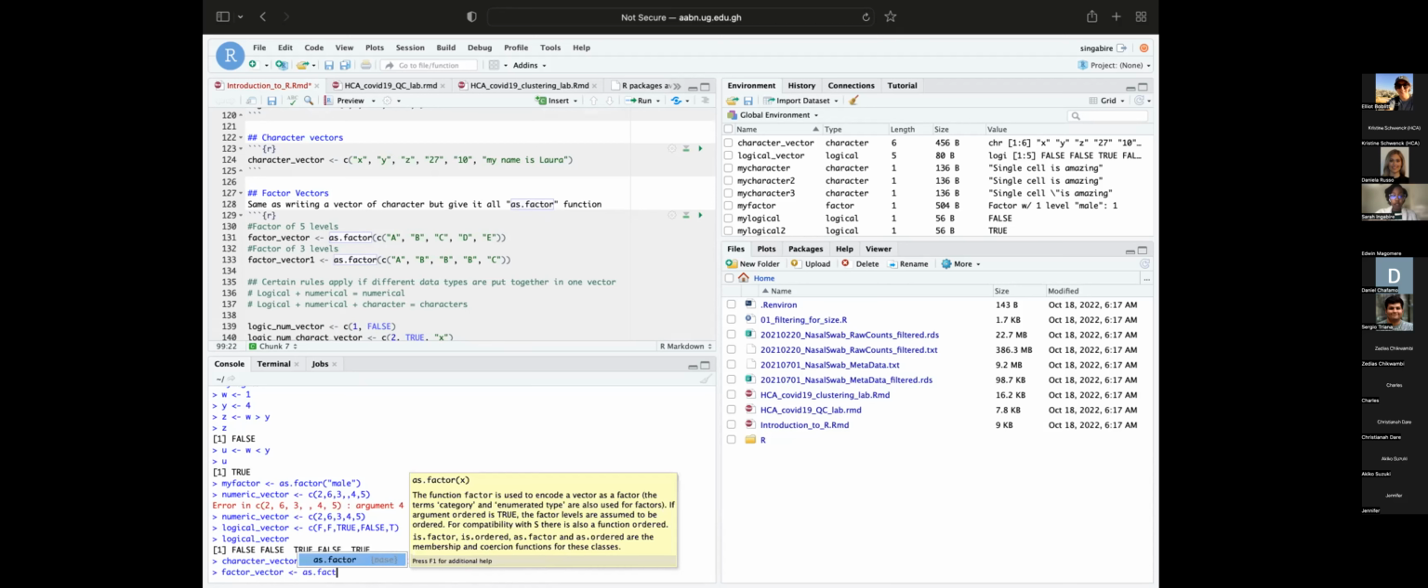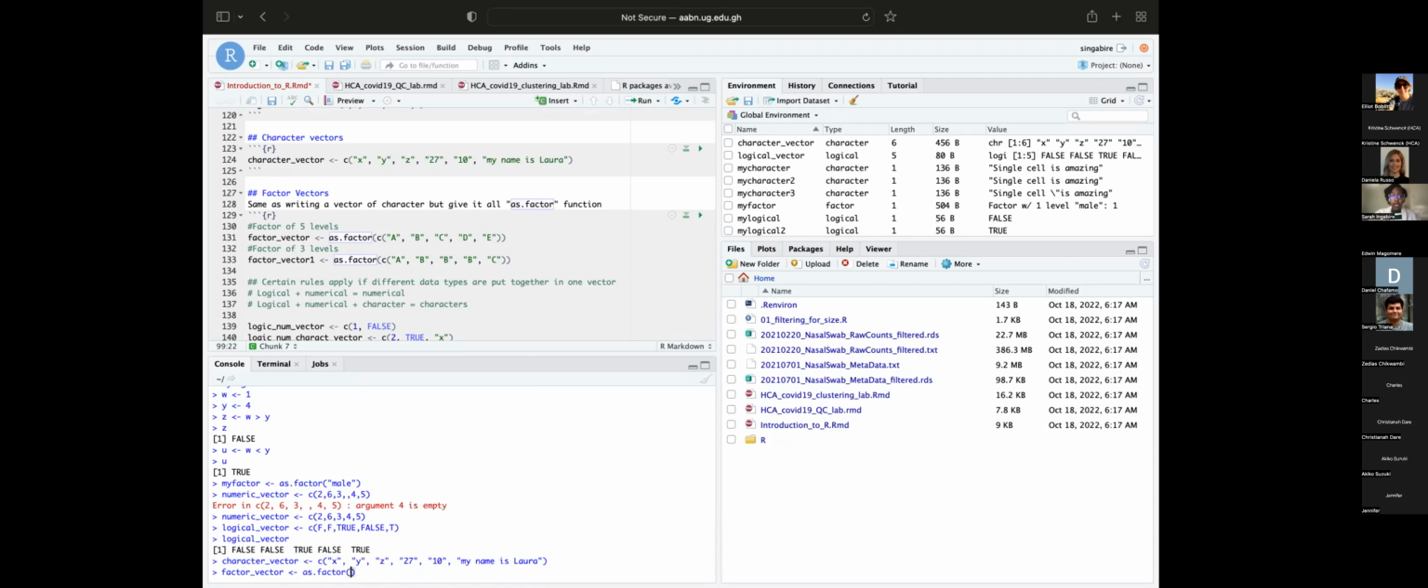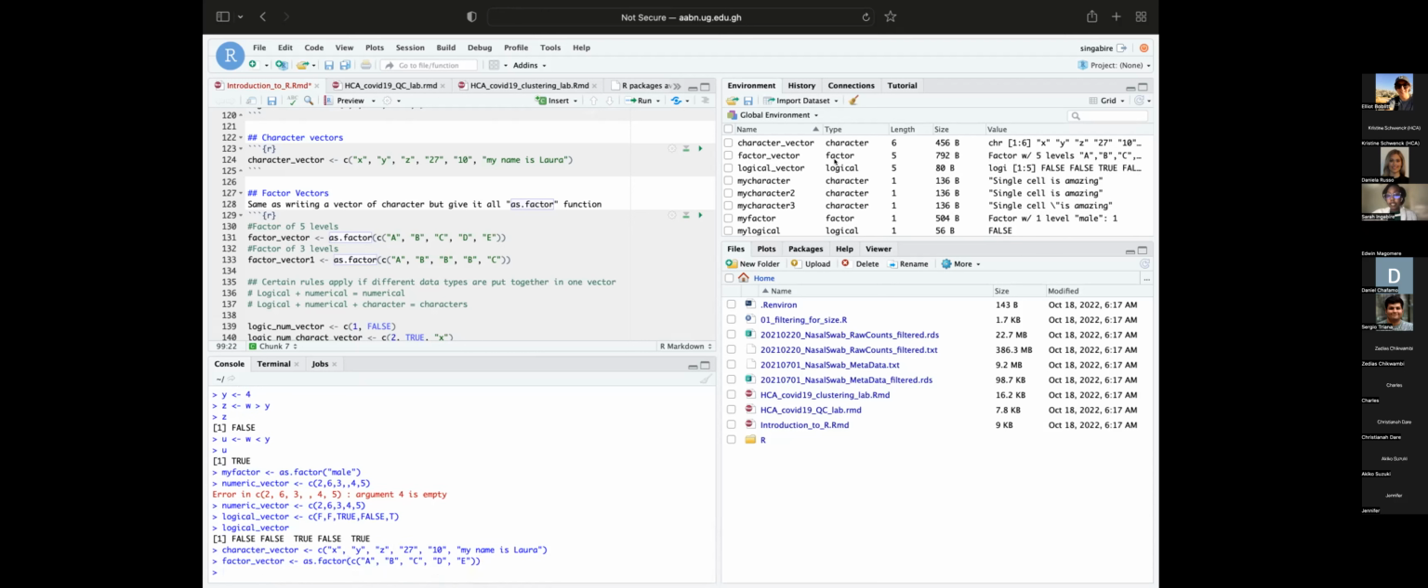So you're telling R that you want to create a factor, okay? And you tell R, okay, I want my factor to be a vector. To do that, we use the C function, which is the combine function. And all you need to do is make a list of which factors you want to create. In this case, I chose letters, okay? So we type in the letters, and then when you hit Command Enter,